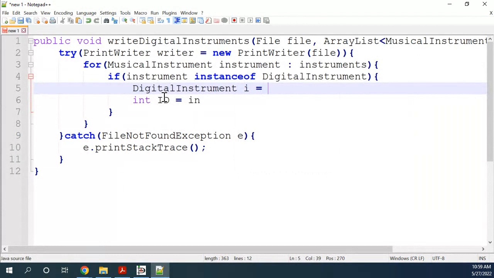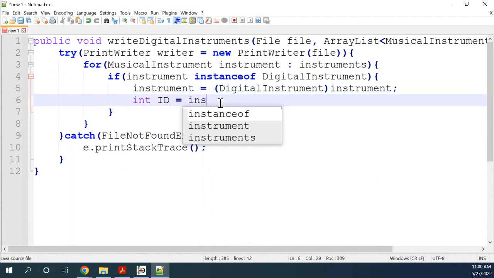or we could just use this, instrument, digital, digital instrument. Yeah, and then so after that, then instrument dot get ID,